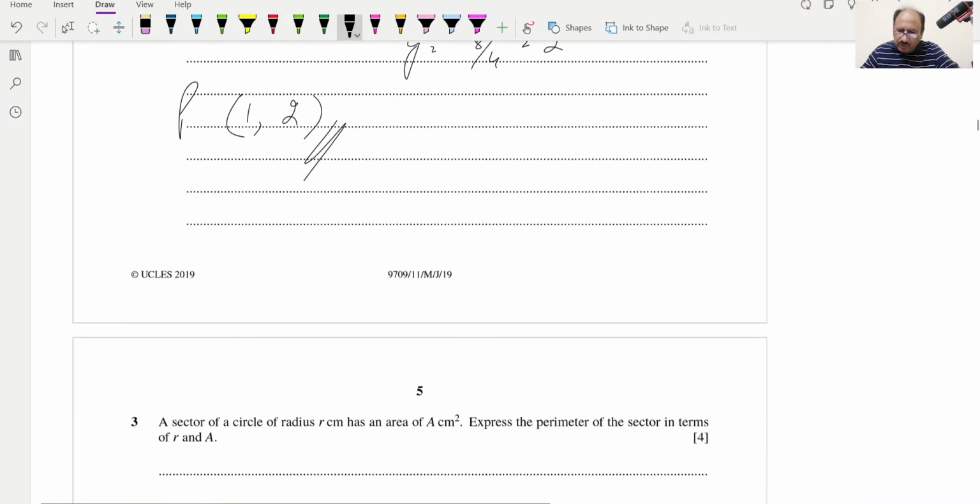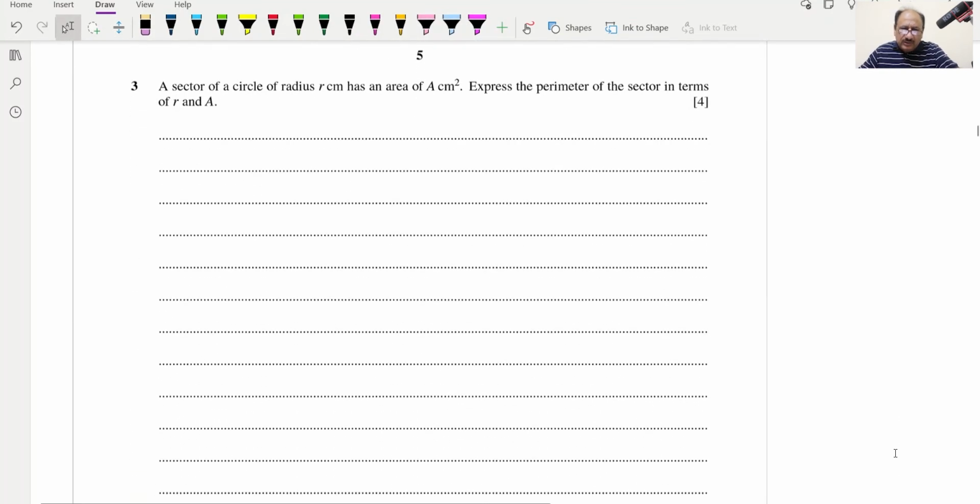This is also done. Now question number 3. Question 3 says a sector of a circle of radius r has an area of a centimeter squared. Express the perimeter of the sector in terms of r and a, and this is a 4-mark question. So we can consider the arc, for example this one. This is the arc, and we can draw,